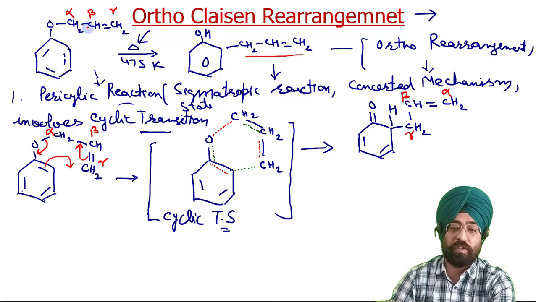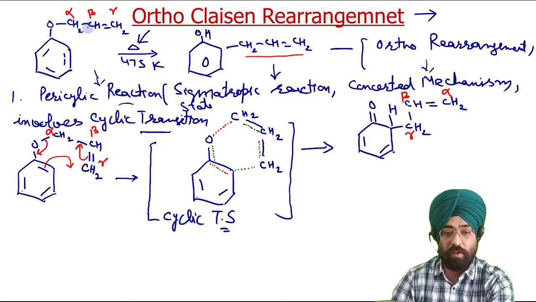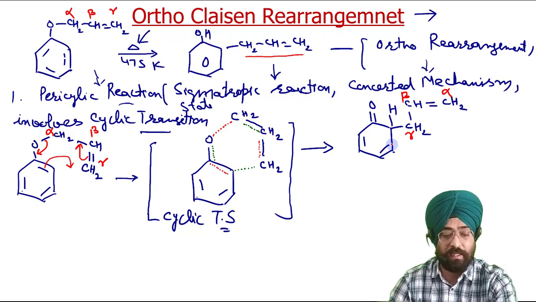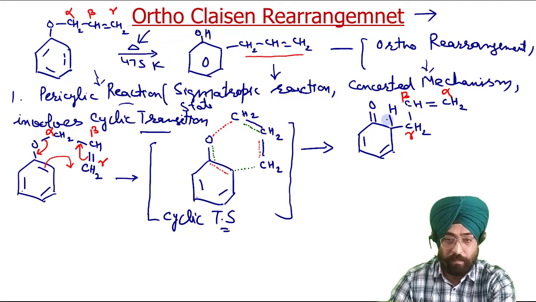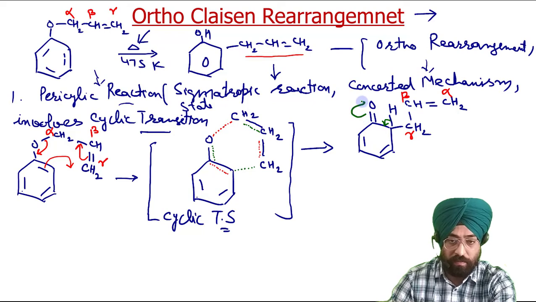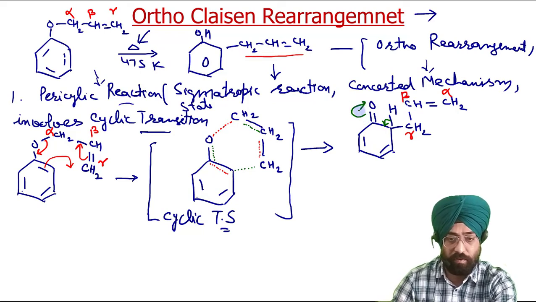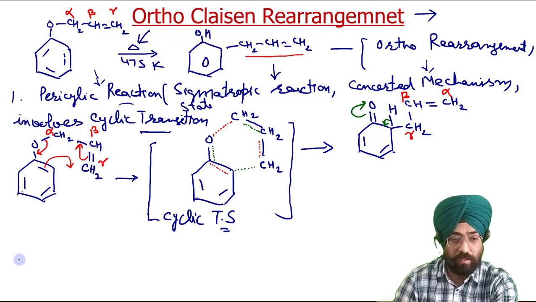Now the next step is quite clear to all of you. This is your enol keto form, and it is not as stable because the aromatic character has been destroyed. So in the next step it will try to regain its aromatic character by this bond shifting here and this hydrogen coming here. So this is called, I will write here, from this to this is your tautomerism.